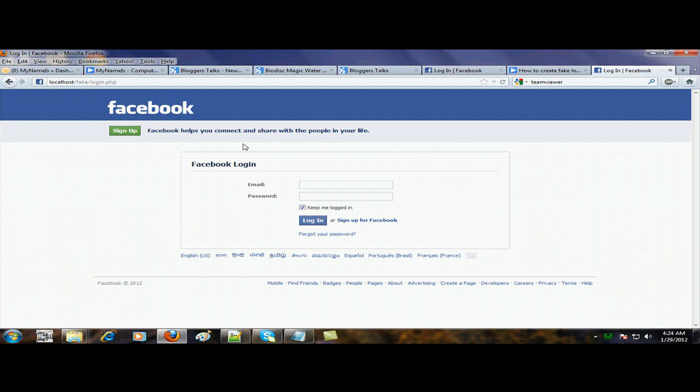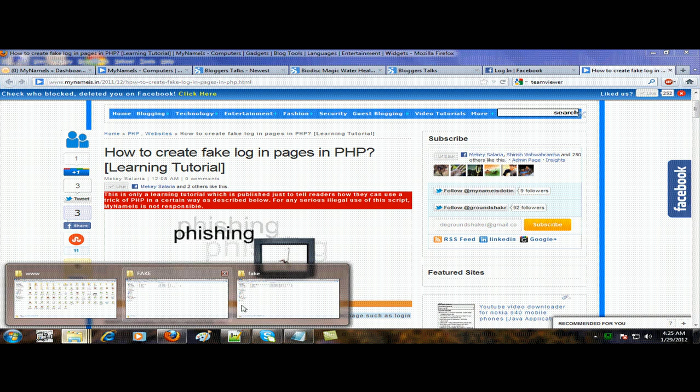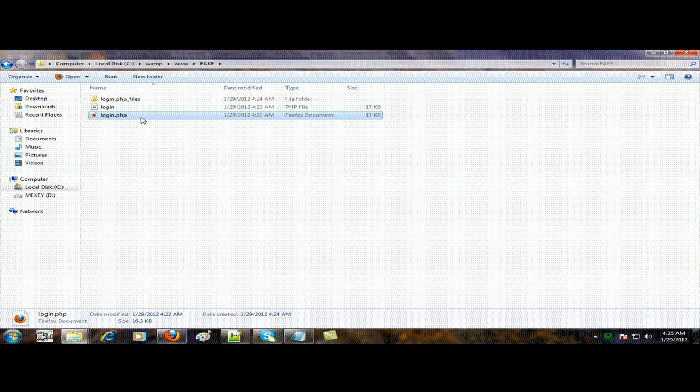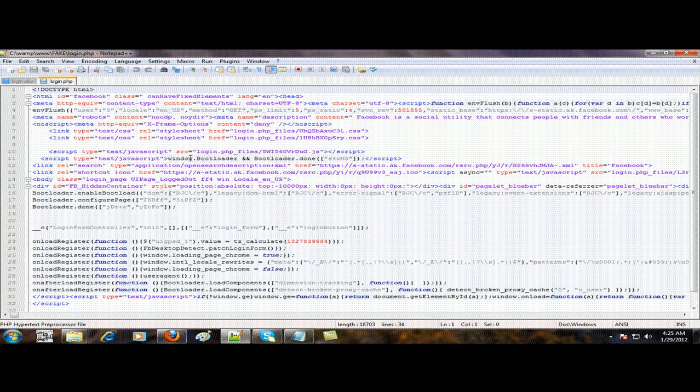So all we need to edit is this login.php, and don't delete this file, because this file is related to this file somehow, so we won't delete it. Or you can manipulate it in some other way, and if you find a way to delete this one, you can do it. But for example purpose, we're keeping it here as it is, and we will be using login.php. Now open this login.php in your notepad.